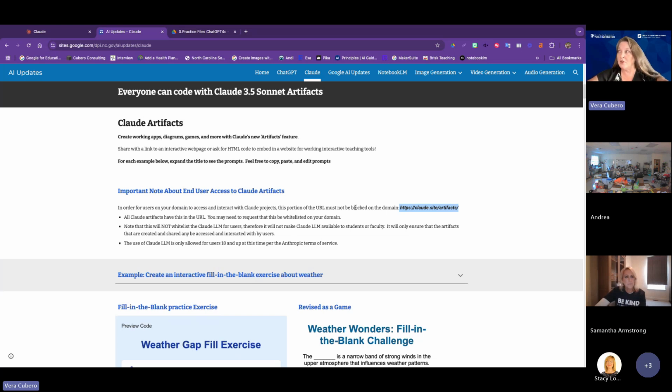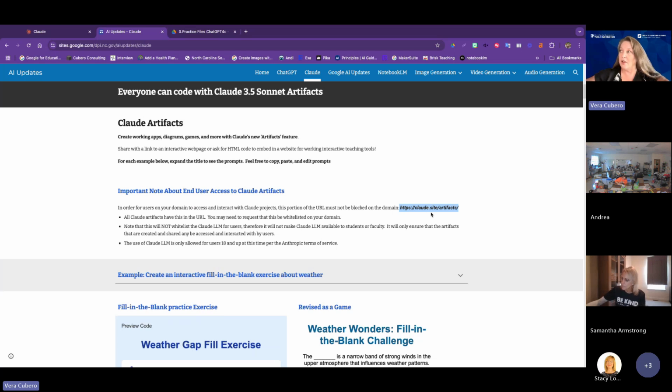That will be the same for these if it's not allowed on your domain. But if they do allow that tag on your domain, if they whitelist that, that does not give people access to Claude, the large language model, the LLM. It only gives them access to the created artifacts that people have created. And that's an important distinction to make if you are advocating for this, because first of all, Claude LLM is not allowed for people that are under 18 currently. And so you can't go in there and advocate for your CTO to turn it on for students, the